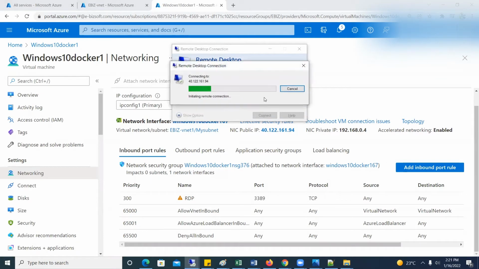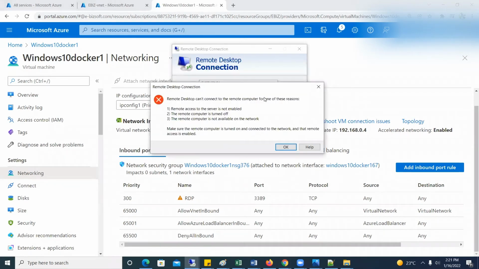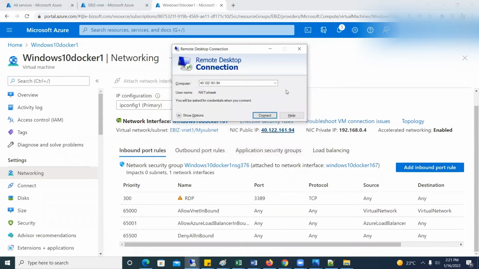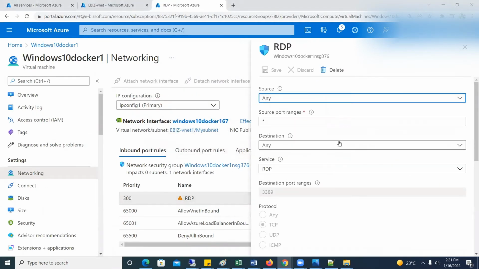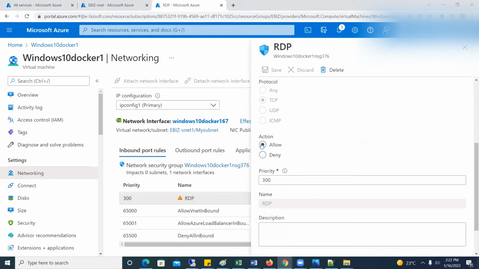So here again I open the remote desktop session, I put the IP address, and here we go. Now you can see this virtual machine is totally denying the remote desktop session, because inside the network security group we just selected the deny option. So now if I click on the same rule and allow again and save the settings,